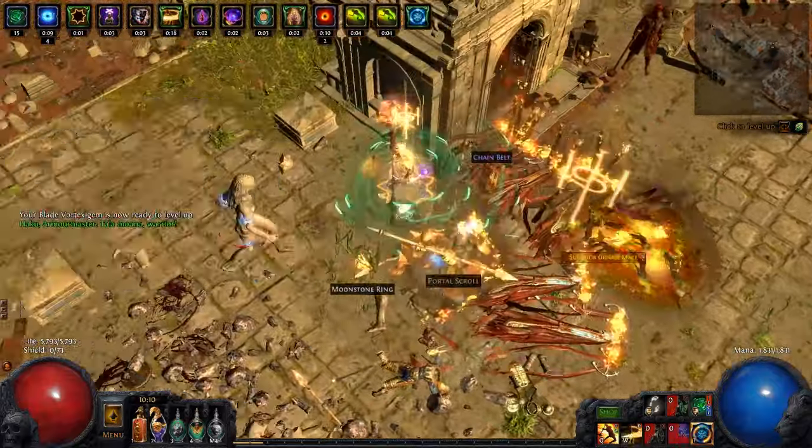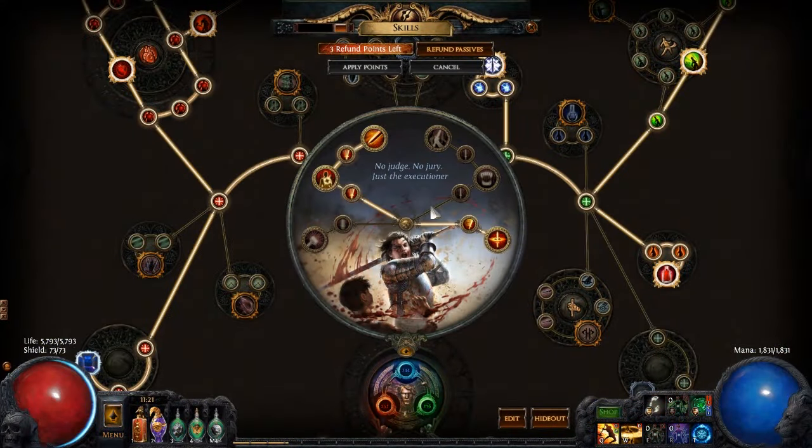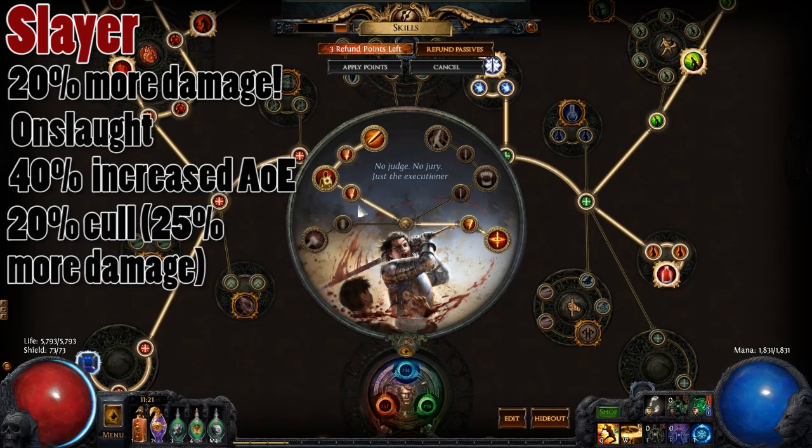You can easily run this on a 4-link if you want, just take off the cast when damage taken and self-cast the Blade Vortex. Quickly going over our skill tree and Ascendancy choices, I went with the Slayer Ascendancy class,